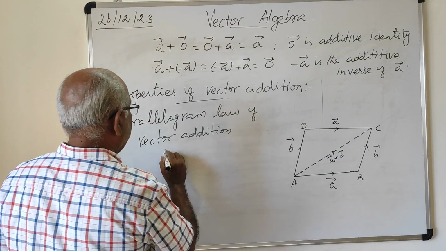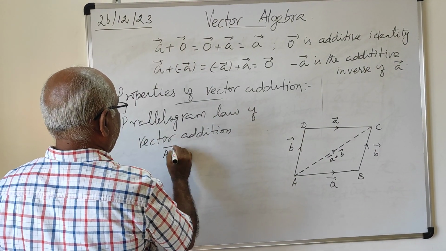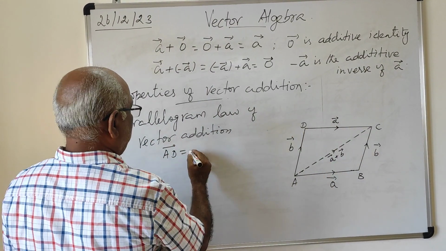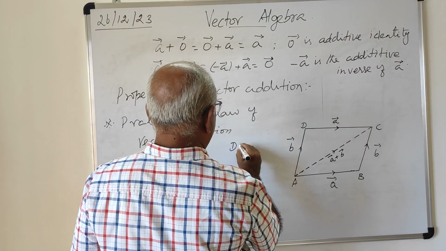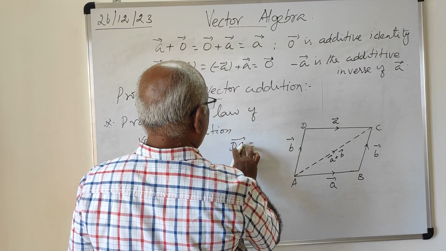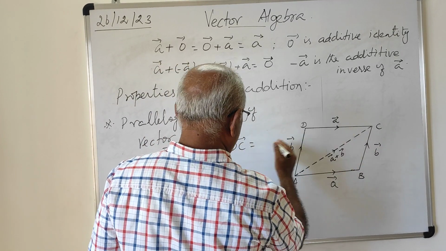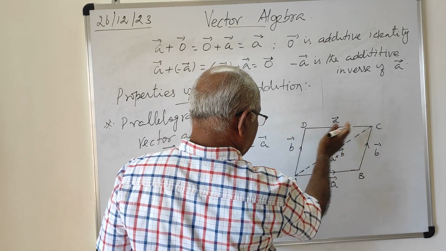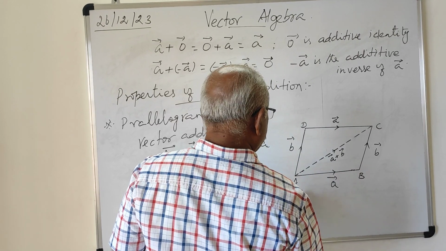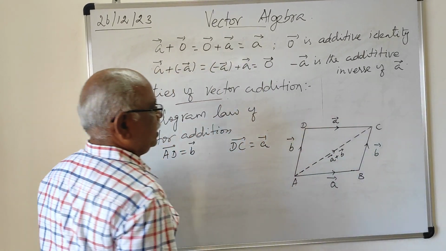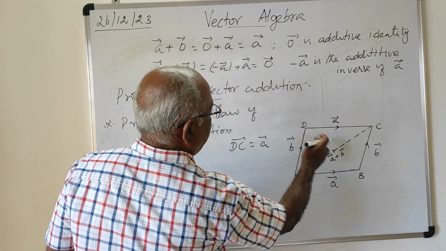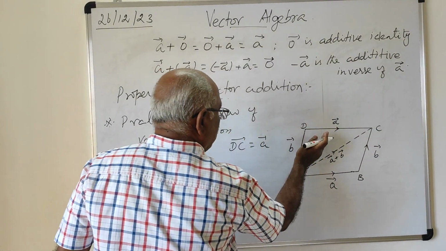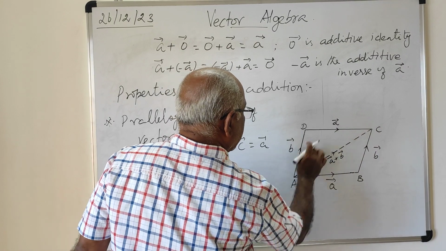AD vector is parallel to BC, therefore it is B vector, and DC is parallel to AB, therefore it is A vector. The directions of DC and AB are the same, and similarly AD and BC, with equal magnitude. So AD is B vector and DC is A vector. Now in triangle ADC, AD plus DC,